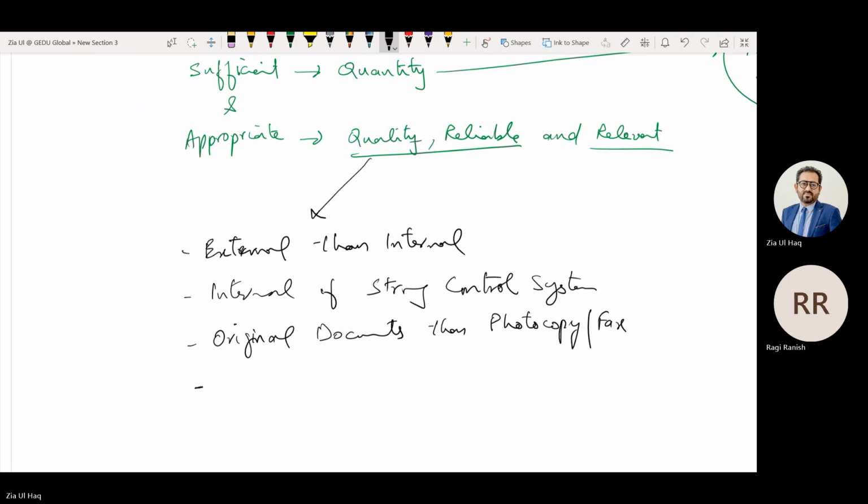External is more reliable than internal. Internal is reliable if the control system is strong. Original documents are more reliable than photocopies or faxes. Auditor-generated evidence is more reliable.